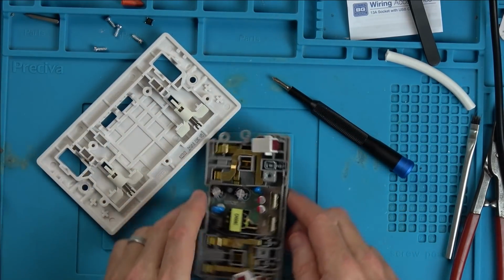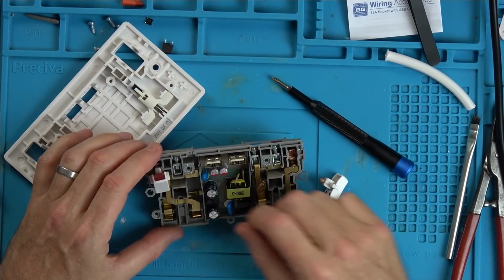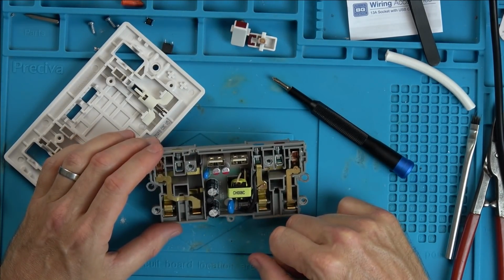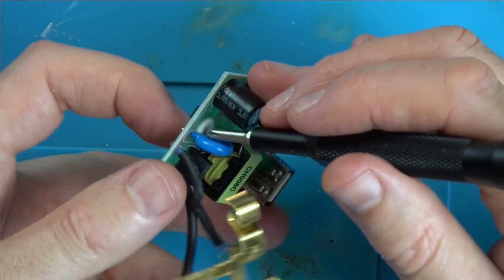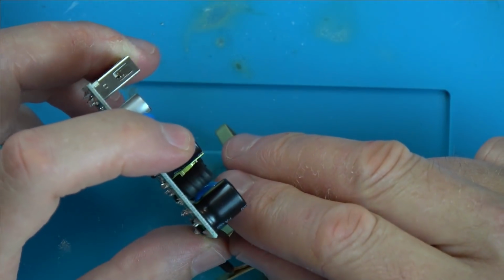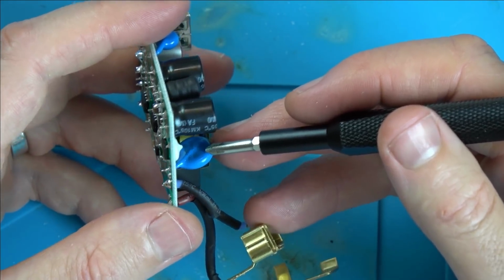Here we go. Is it the same? Oh no, it's different. We haven't got the secondary, the little transformer. This has an inductor in it here as well. Oh, that's annoying. Alright, so the live comes in here, goes through the fuse here, and then runs down to the bridge rectifier. But it's going through this little, is that a thermistor again? I bet it is. So this is for the surge, so that's a better design. Was there a surge in the other one? It wasn't, was it? It went straight from the fuse into...